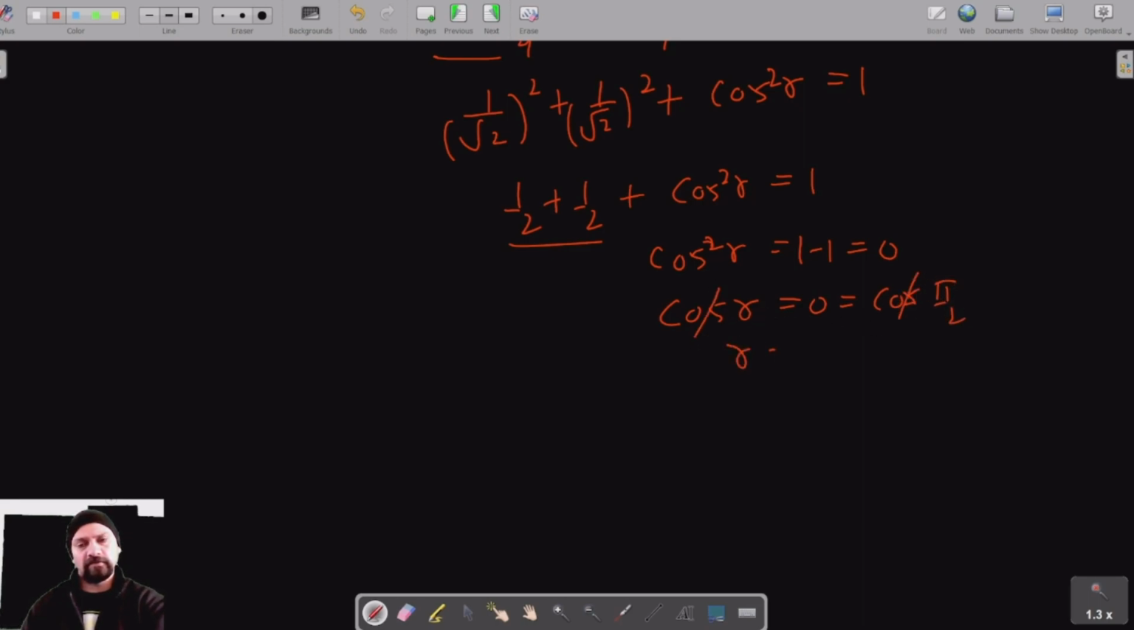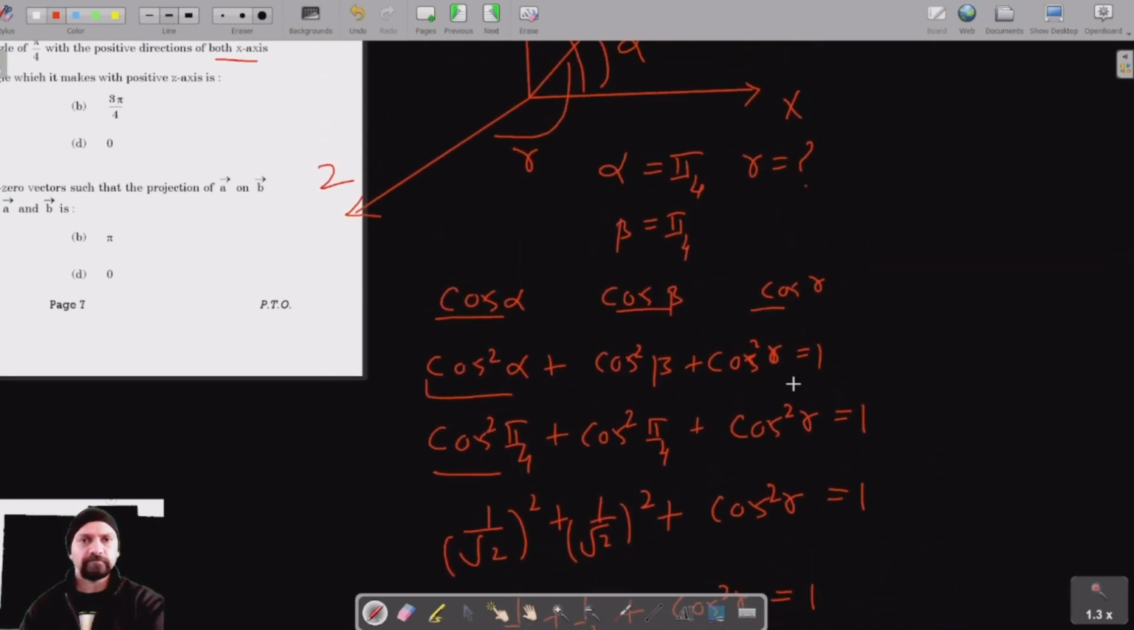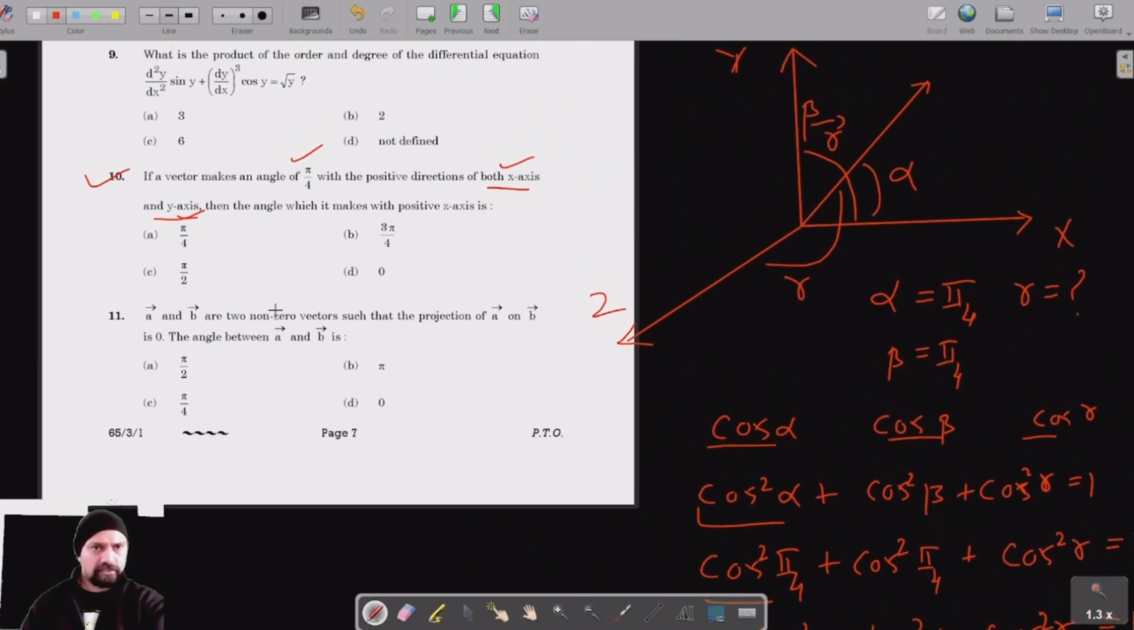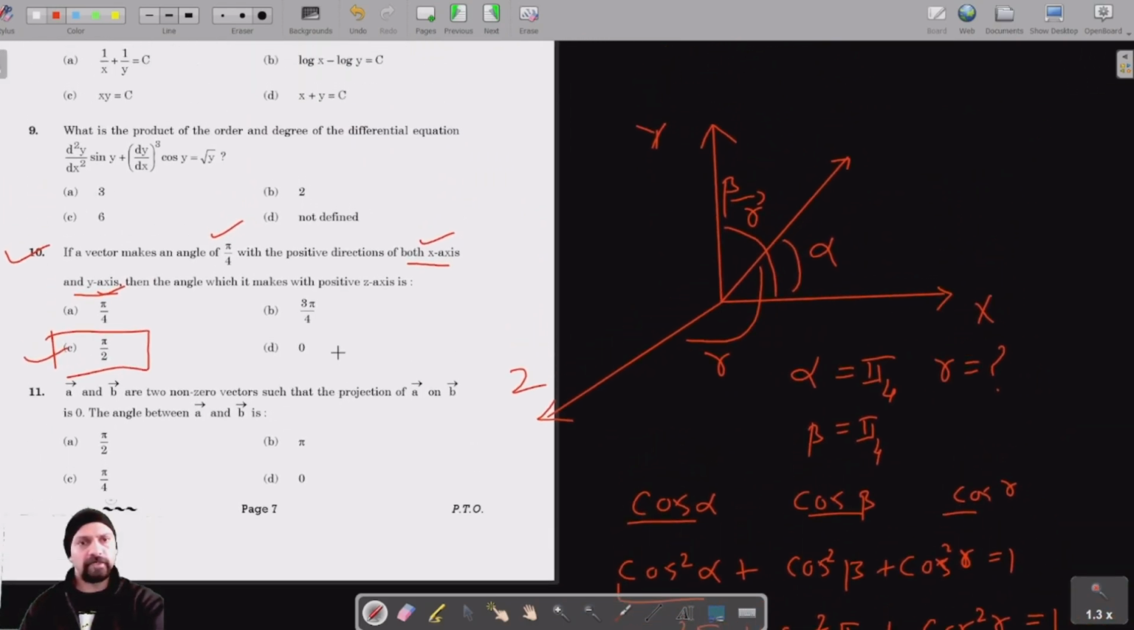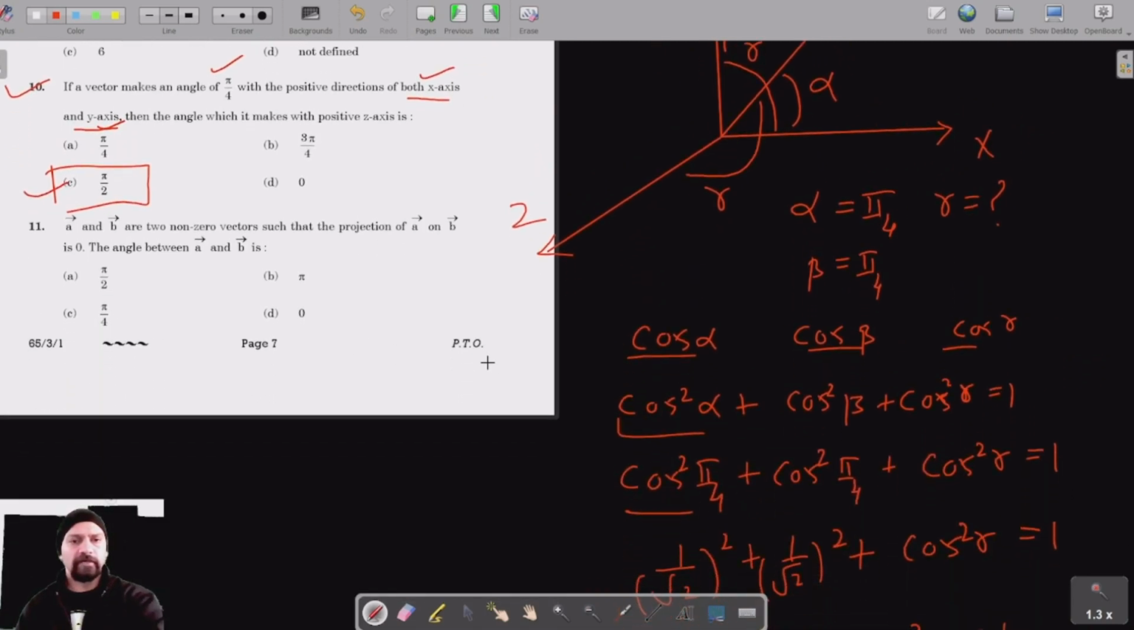So this gets cancelled and gamma is equal to 90. So if we check the options, this is option C for question number 10, pi by 2. And for question number 11,